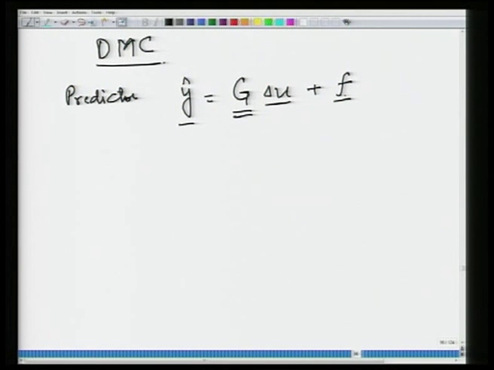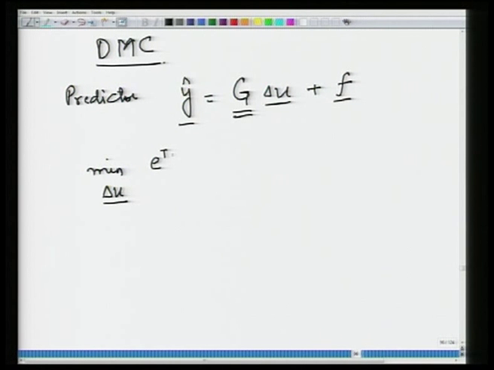Free response corresponds to no control action. If all the delta u's are 0, how would the output move? Okay. So, this was my n step predictor, and I am trying to minimize over the unknown future control moves,